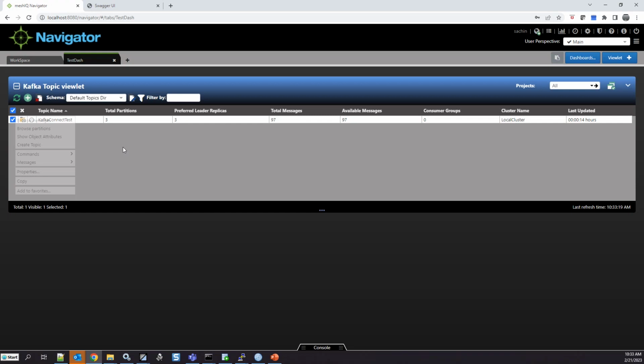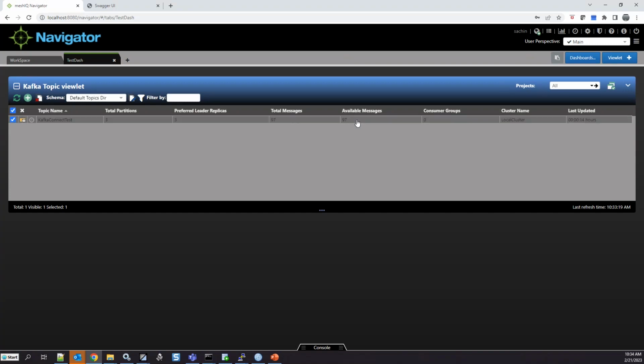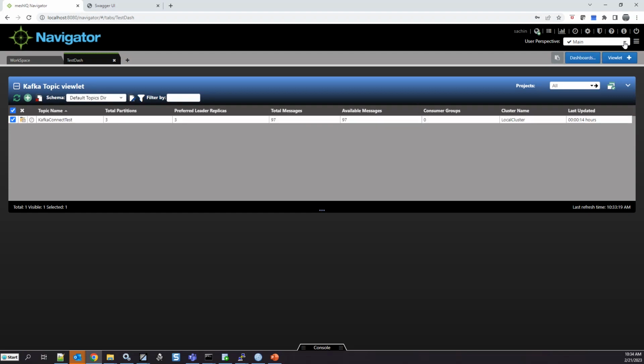Now again, that's not a predefined thing. That's something that maps to your own requirements. So Sachin was able to see and do the things that they needed to do their job, right? That's really the key point. And so again, if Sachin needed to be able to drill into those messages or take actions and see those messages, they can. Again, very quick, just an overview of that capability, but just showing you those different perspectives was a key thing.